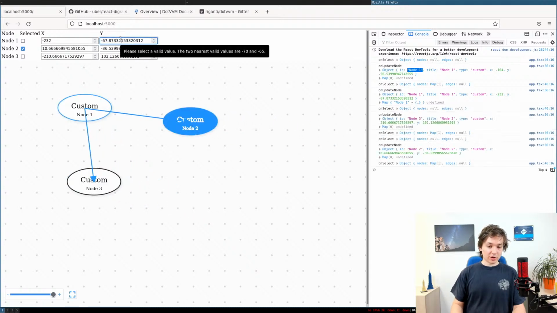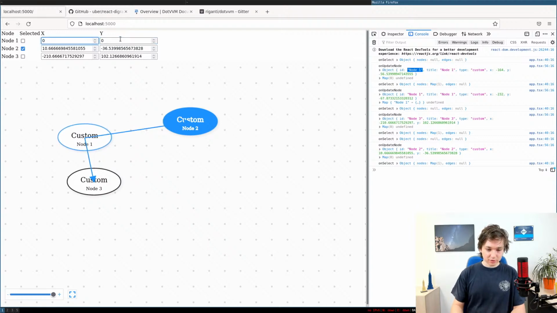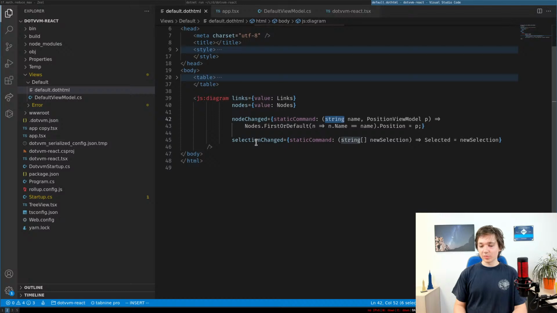And naturally, when I change it in this text box, the position of the node also changes, so I can just reset it back to 0, 0. Oops, now it's overlapping, so I can just drag this away. Okay. So this was fairly simple, and just to show you one potential pitfall,